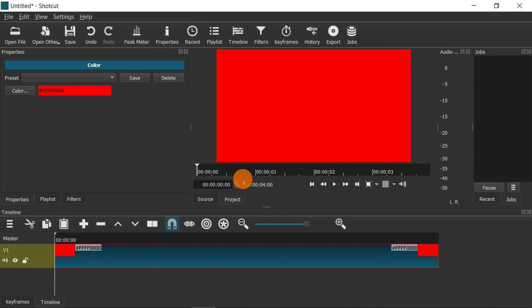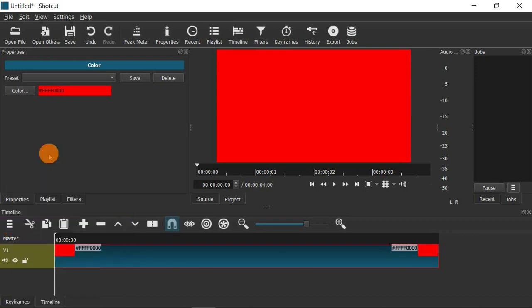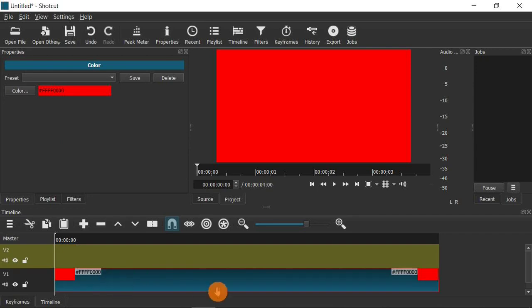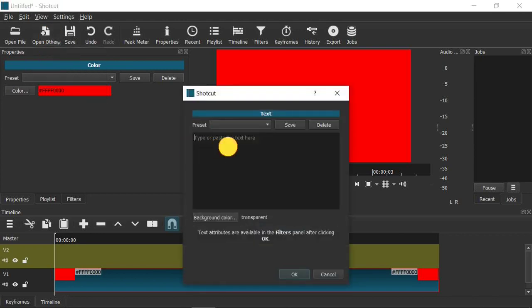So what we want to do is we want to add something on top of our background. We want to add another layer. So we're going to go over here and click right here, and we're going to add another video track on top of the background track that we already have to add another layer. And in this next layer, we're going to open a layer of text. So you go open other and you click text, and the text that we are going to type in is going to say